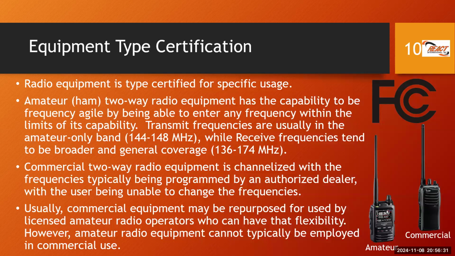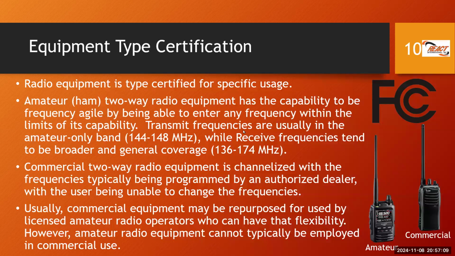So sometimes we will say, okay, amateur equipment can be programmed on the commercial frequencies, especially the Chinese market radios. They tend to have less of a distinction. Sometimes amateur equipment can be modified to do what you call open up. But the point here is that commercial equipment is commercial equipment and amateur equipment is amateur equipment. We need to be aware of that. So what we should avoid doing is using clearly amateur radio equipment for commercial purposes if we do not have an amateur license. That's the main point on this slide.